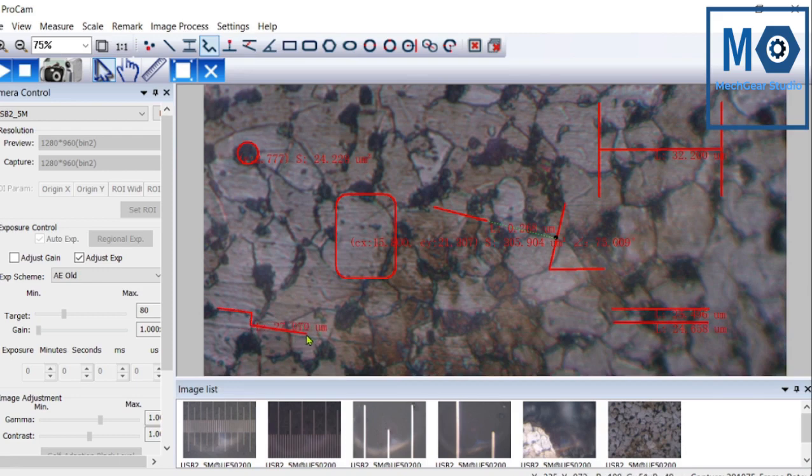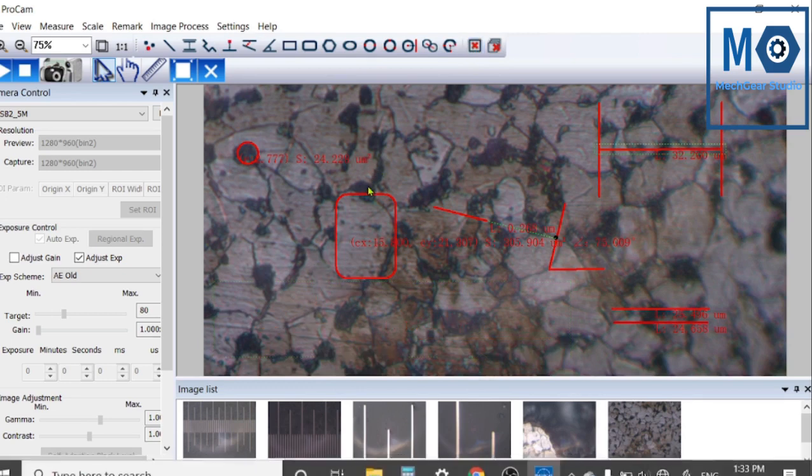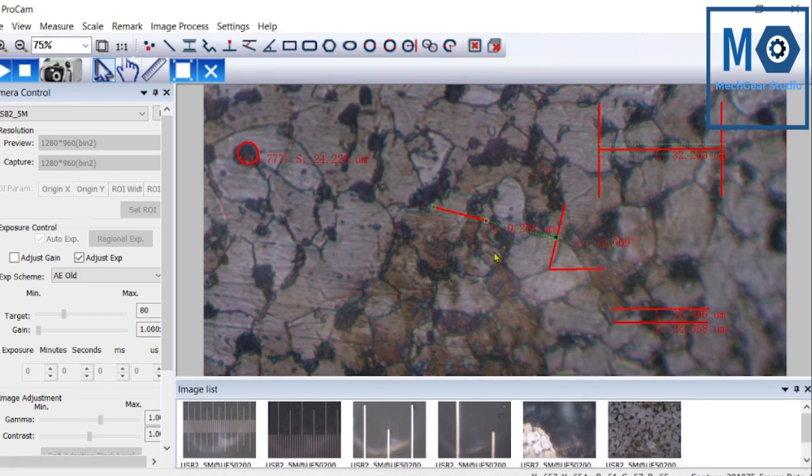We can draw a discontinuous or irregular line. We can draw a line with any angle. We can draw a line perpendicular to another previously drawn line. We can draw a line with extension line. All drawings indicate measurement value.